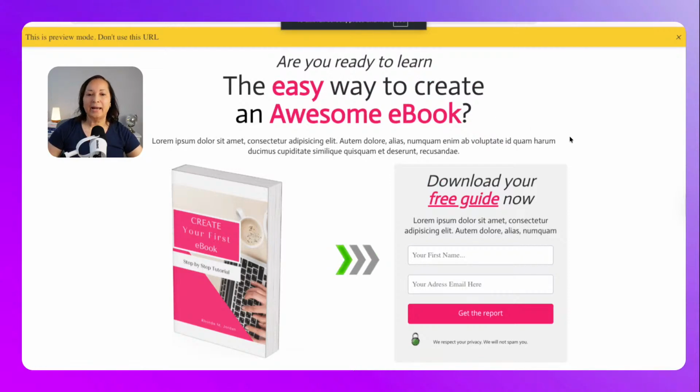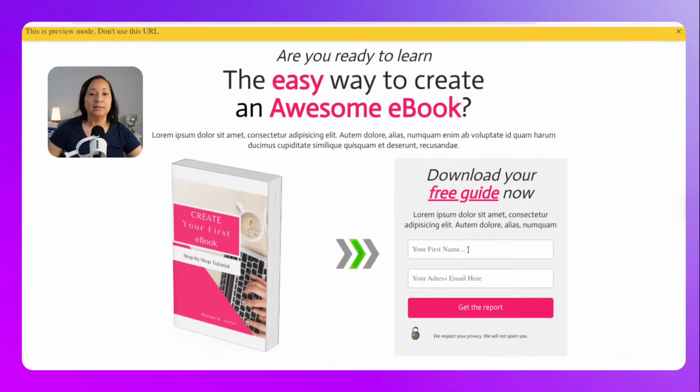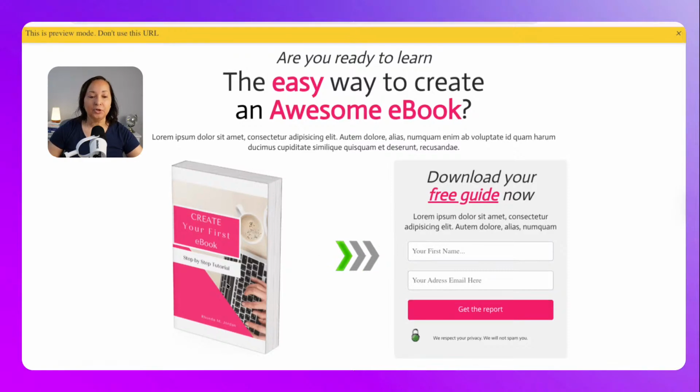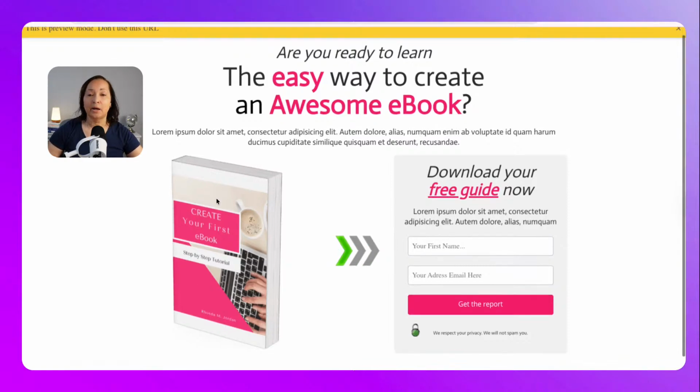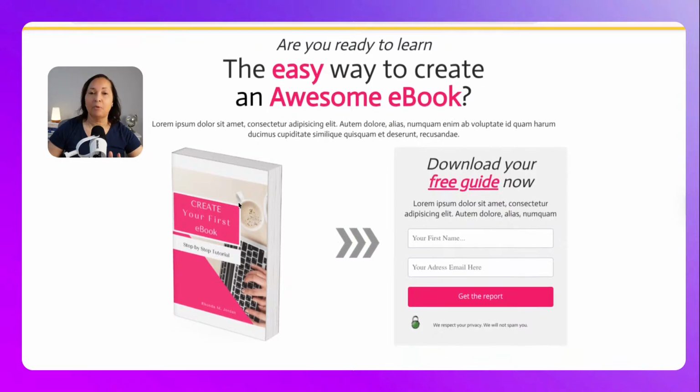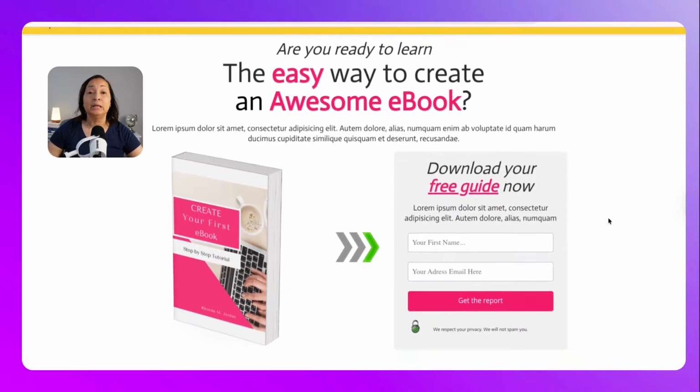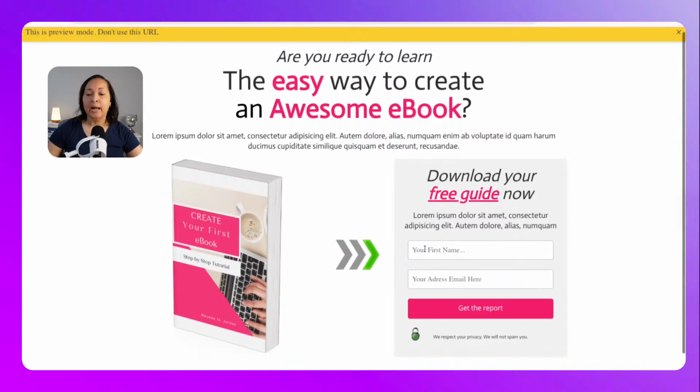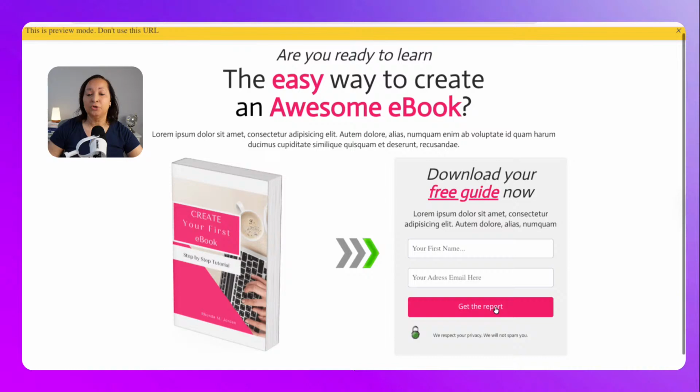Okay, so this is a landing page. And if you notice, the only thing on this landing page is where somebody can enter their information to get whatever it is that you are offering as your lead magnet. In this case, I have a title here, a very brief description of what it's going to do, and a picture of it, which if you want to learn how to create, I actually put together a video as well, and that won't cost you anything. I'm pretty sure I have it linked in the video description as well. They put their name in, their email address, and they click get the report. This is a landing page.